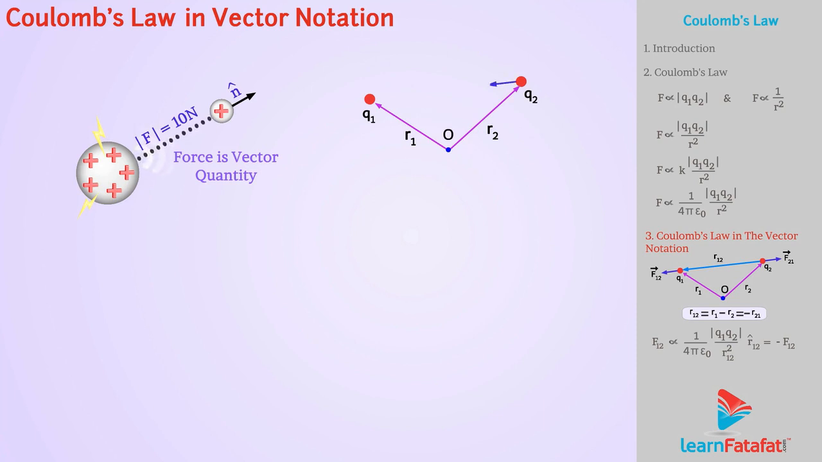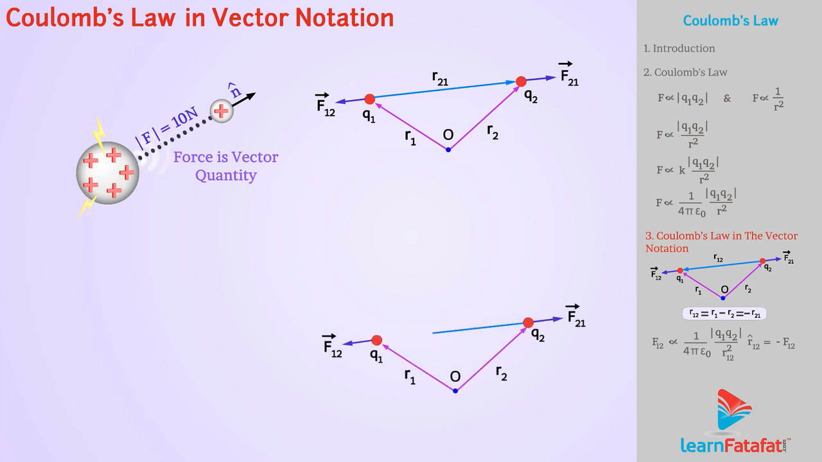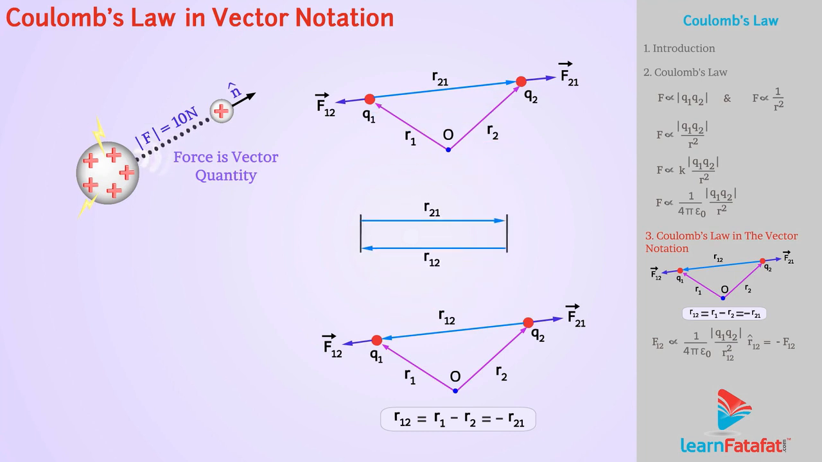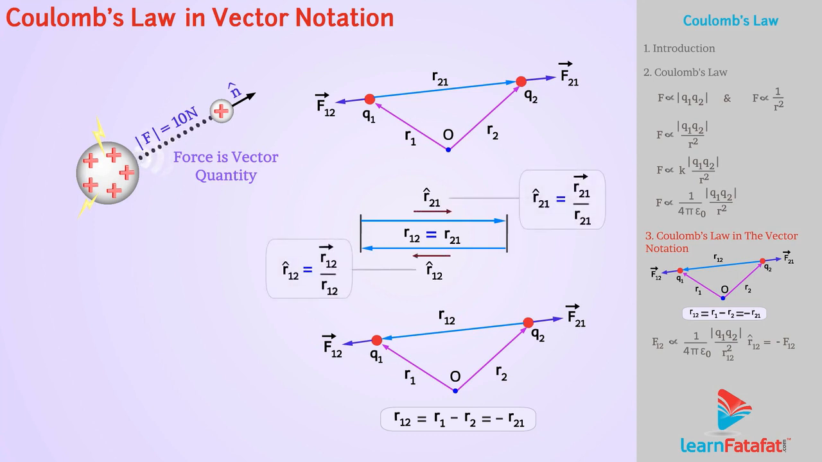We denote the force on Q1 due to Q2 by F12 and the force on Q2 due to Q1 by F21. The vector from Q1 to Q2 is denoted by R21 and the vector from Q2 to Q1 is denoted by R12. Also, the magnitudes of vectors R12 and R21 are equal, that is, R12 equals R21. The direction of a vector is denoted by the unit vector along the vector. Accordingly, Coulomb's law can be expressed as